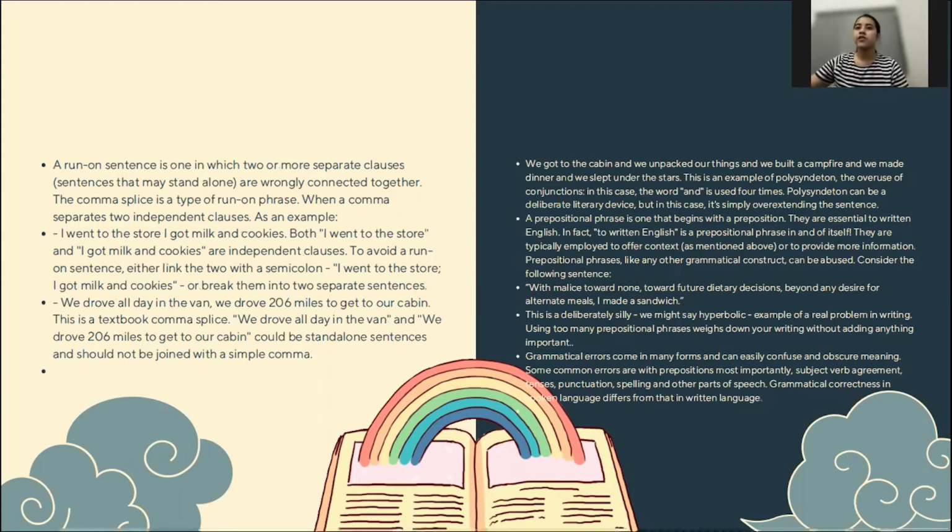Okay, so for example, the sentence is: With malice toward none, toward future dietary decisions, beyond any desire for alternate meals, I made a sandwich. So this is deliberately silly. We might say hyperbolic. It is an example of the real problem in writing: using too many prepositional phrases weakens your writing